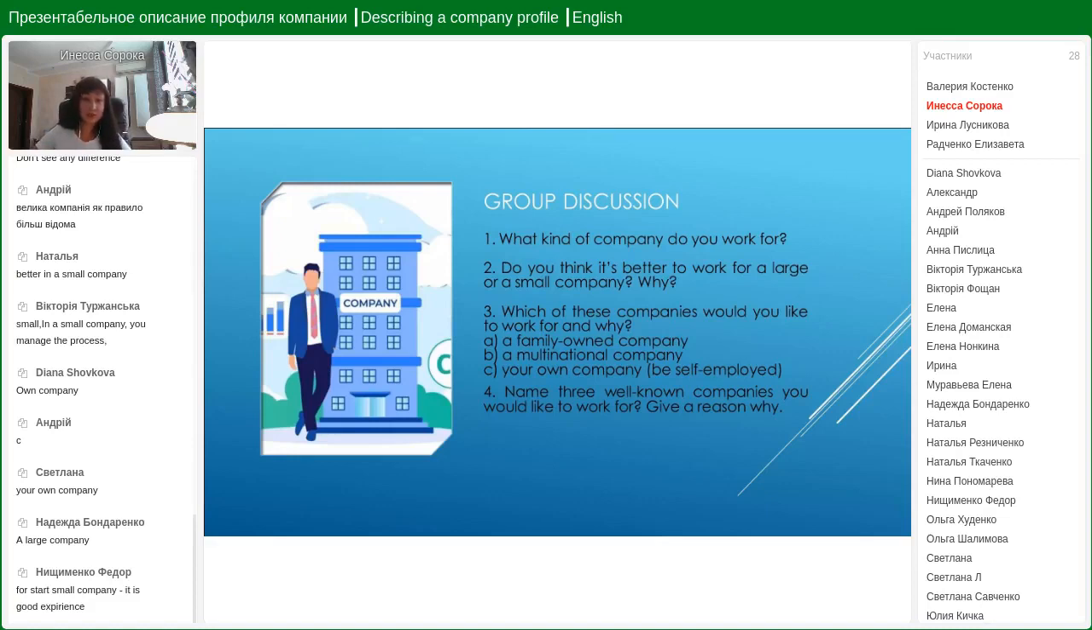So, question number 4. Name 3 well-known companies you would like to work for and give a reason why. Name 3, or at least one, famous, well-known companies you would like to work for, and explain why. So you can simply think of well-known brands, large multinationals,